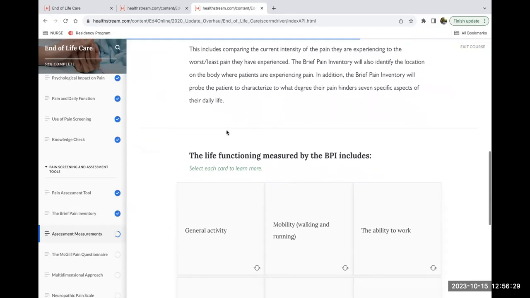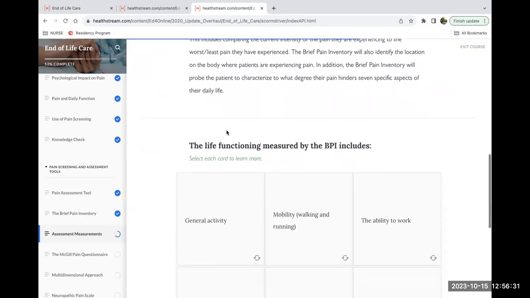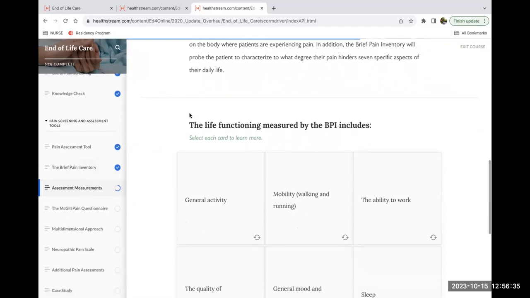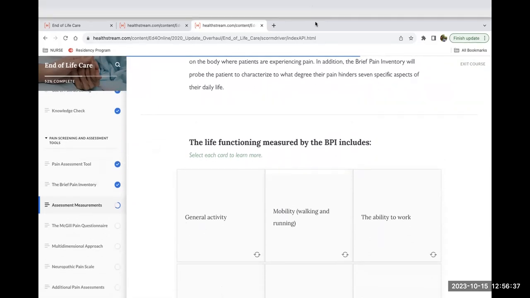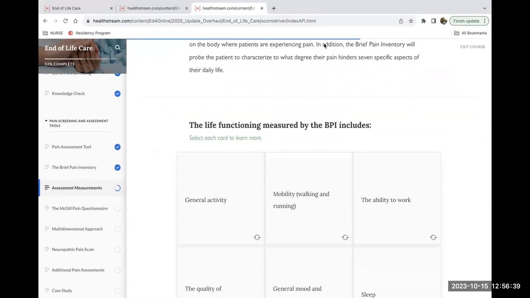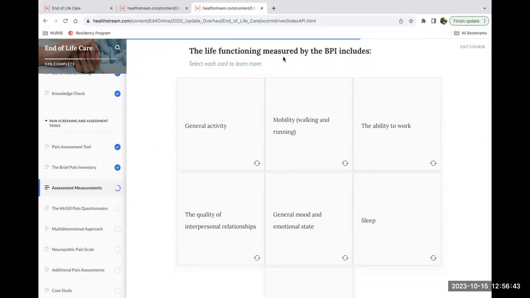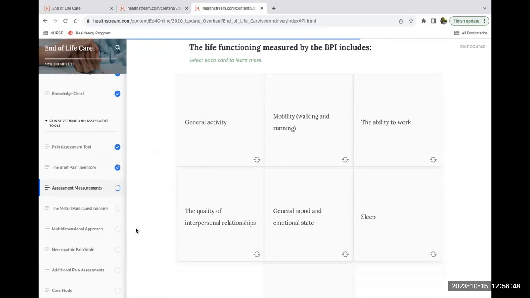In addition, the brief pain inventory will probe the patient to characterize to what degree their pain hinders 7 specific aspects of their daily life. The life functioning measured by the BPI includes general creativity, mobility, walking, and running, the ability to work,